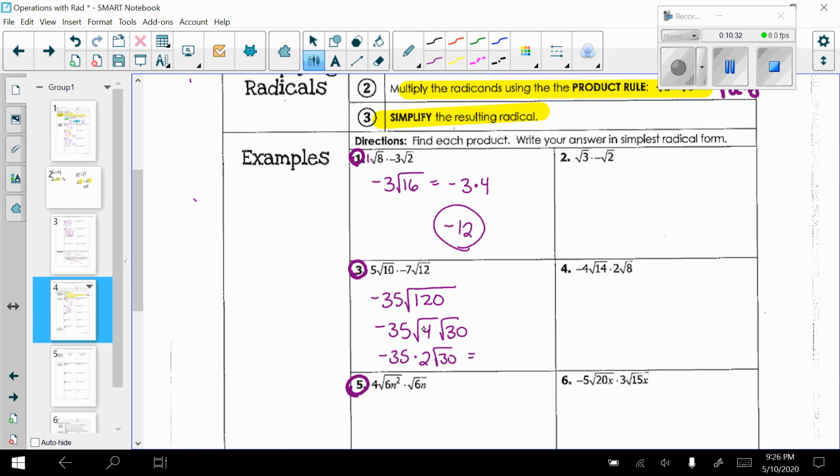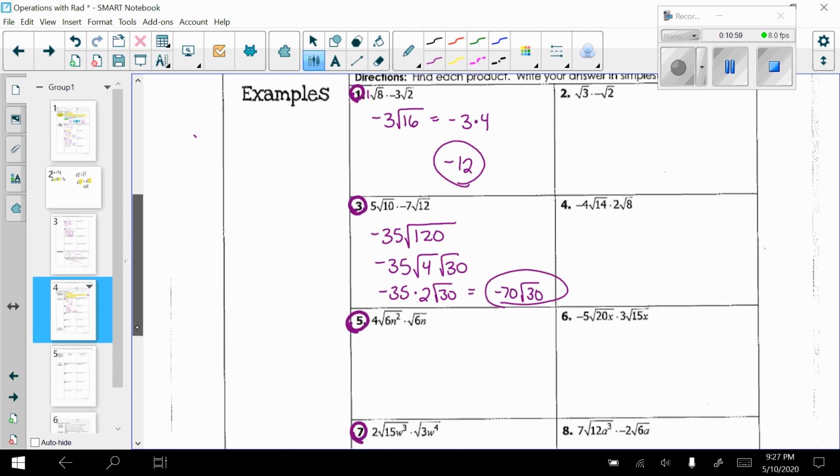So now you actually have the square root of 4, which is 2. 2 is now on the outside and can be multiplied with -35. So I get -70 radical 30. Can 30 be simplified anymore? It cannot. So this is your answer. So what I'm doing, I'm multiplying and then simplifying. When it involves